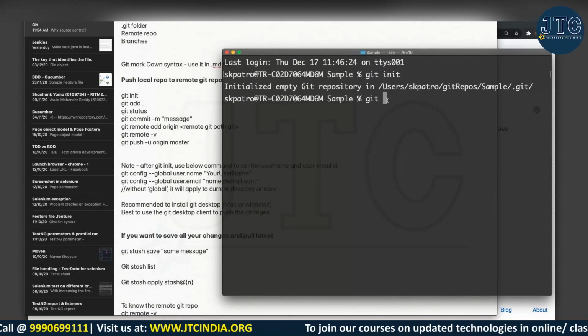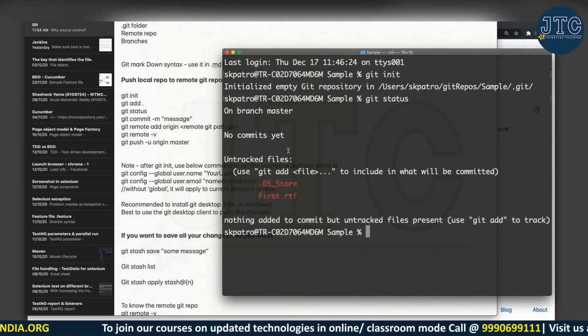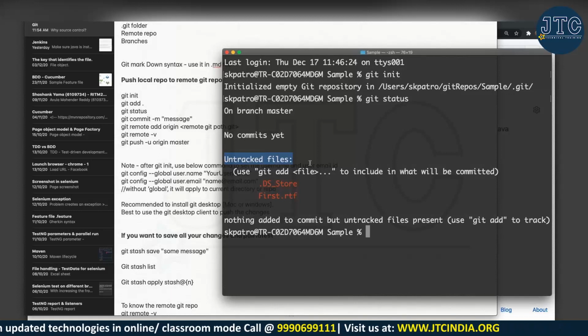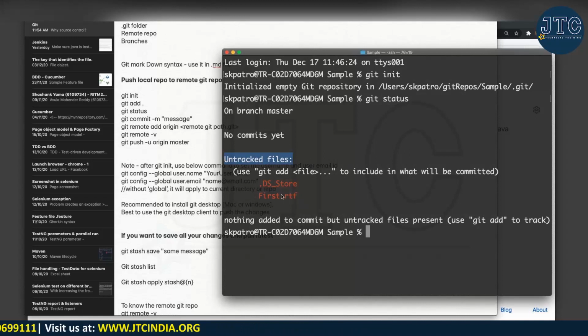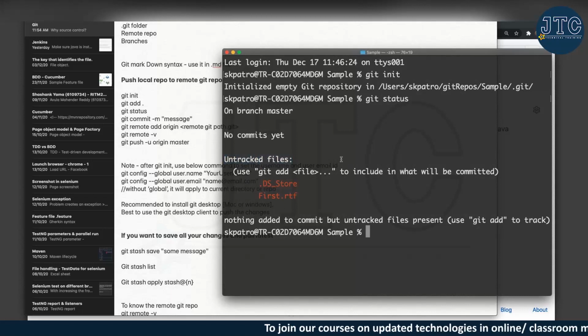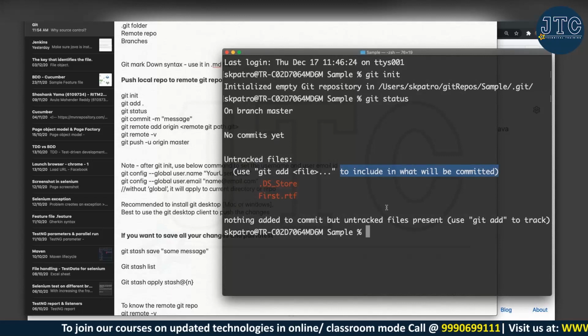Now how many files do you have? Now if you run git status, you can see what it is telling. Untracked files means unstaged files. I did not stage it because it is simple. I've created a file and then I'm keeping that. I don't know why it is still taking it as an rtf file, but it should be a java file only. And what it is telling, it's still untracked, meaning you are not yet prepared. You need to include whatever you want to commit.